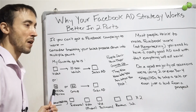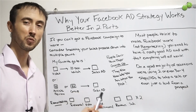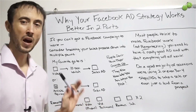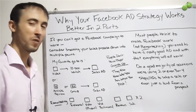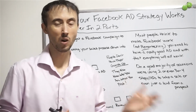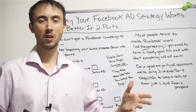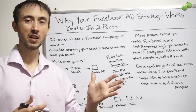If you do the articles, if they click to go to even one article, they go into an audience that you're going to hit with a sales pitch later on. With the group ads, promoting what's been shared in your groups, if they click on any one of the 3 group ads, and you do 3 because maybe one just didn't quite click with the person but the other 2 might, they're in an audience. Now they're